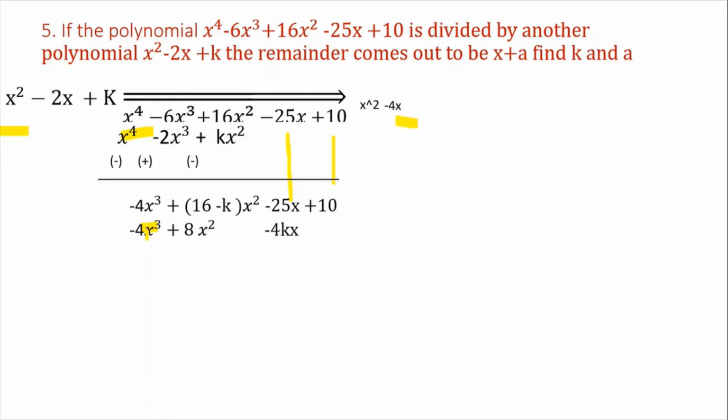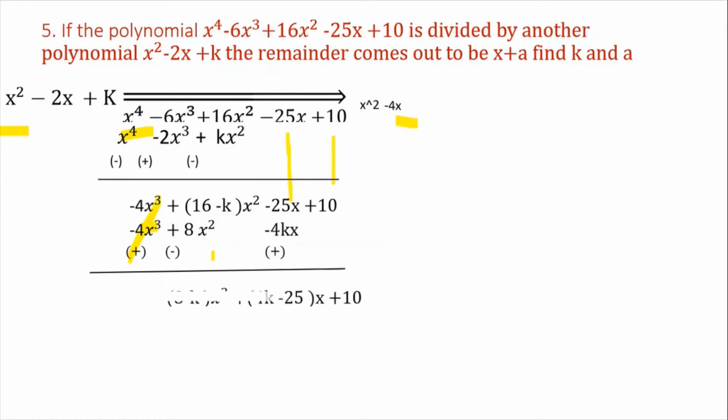Again, after multiplication, we have to change the symbols. Now after performing addition, minus 4x cube and plus 4x cube get cancelled, and 16 minus k x squared minus 8x squared, that is 8 minus k x squared, and here minus 25x plus 4x, that is 24 minus 4k x